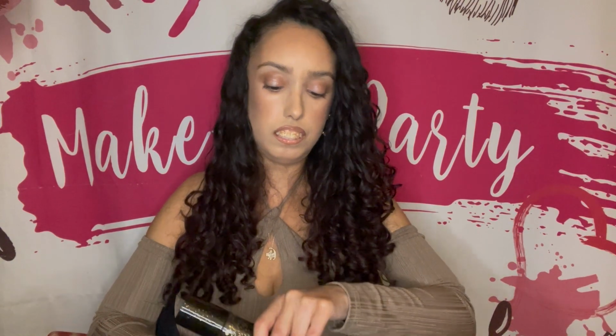We'll see if it actually works. Okay, it leaves you dewy. I mean, I don't think so. But then again, I still sprayed the Ciate London on this, and I had that tanner thing on this hand, so I can't really tell. But as you can see, I let it sit for a little bit, and it still transfers slightly. Now I don't know if it's because it's setting spray on or whatever, but